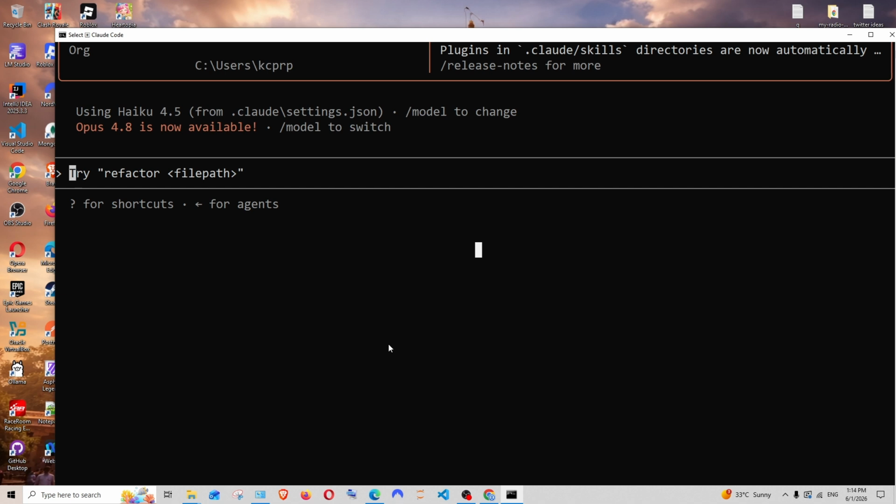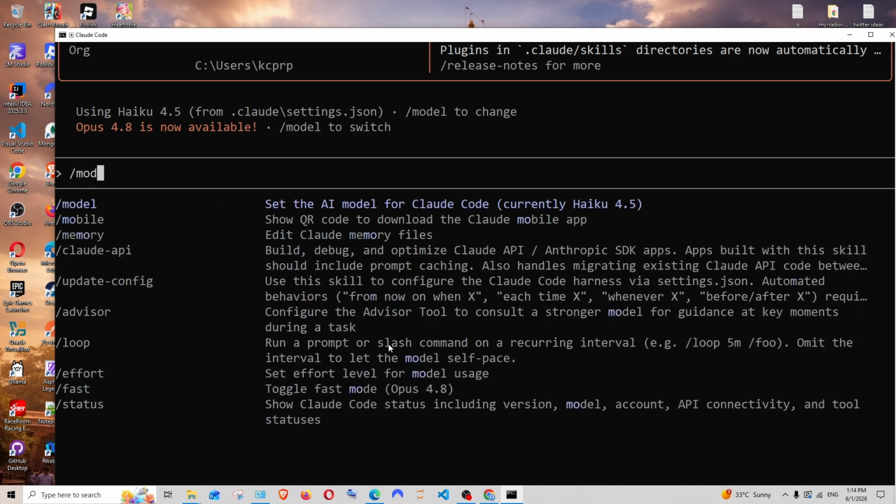In this video, I will be showing you how to change the model in Claude Code. Let's get started. First thing, just come inside the Claude Code terminal and run this slash, it's going to be model,